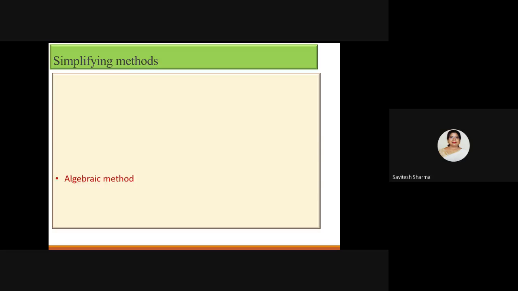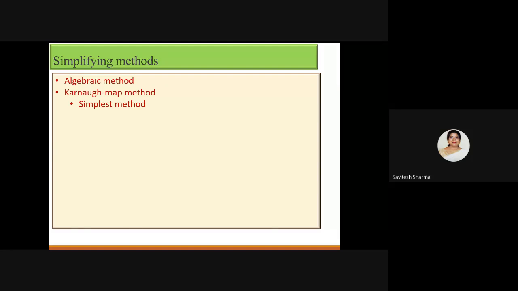The first method is the algebraic method, which means we will use Boolean functions and Boolean expressions. The second method is the Karnaugh map method. Please note down how many methods are available through which you can minimize your hardware. The Karnaugh map method